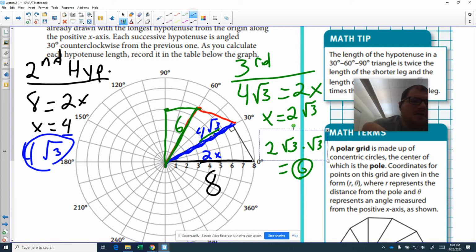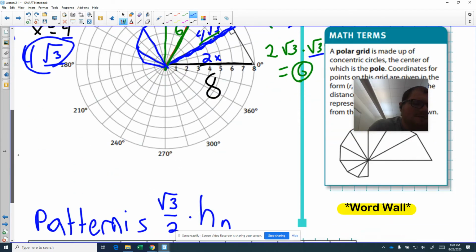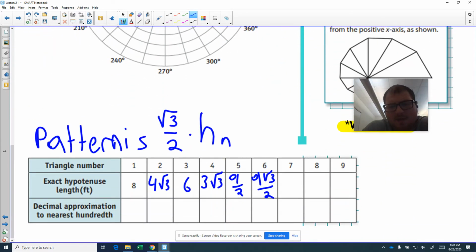Now the thing is that Shelley is going to continuously do this down the line. So she's just going to keep making these triangles and gathering smaller and smaller values of this hypotenuse. But if you haven't noticed it, there's a little bit of a pattern each time. Notice how each time I divide by the 2 and then times by the square root of 3. I divide by the 2 to get this, and then I times by the square root of 3. So the pattern itself is each time I get a new hypotenuse, I'm going to times it by this value,